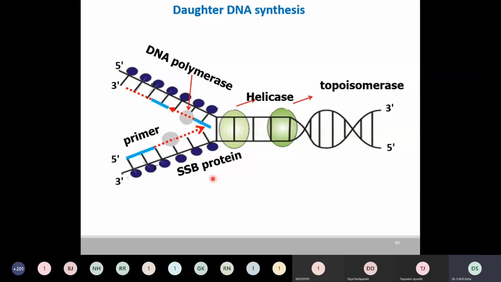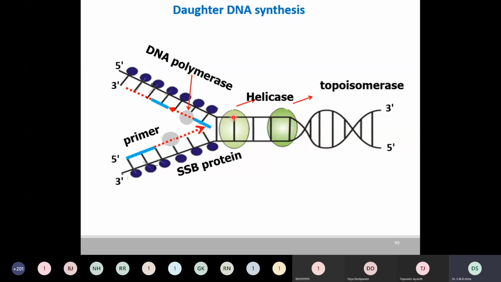So I repeat, due to the limitation of polymerase activity, one strand is synthesized continuously, whereas the other strand is synthesized discontinuously. The discontinuous fragments, that is the primer along with the DNA, we call Okazaki fragments. You make a note of it. Both the strands are elongating in the 5' to 3' direction only. I think I am repeating it so many times. If you make a mistake, you will lose marks.